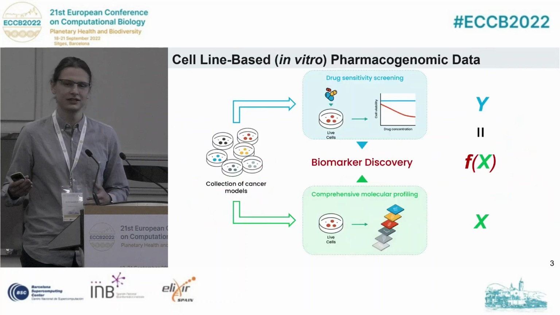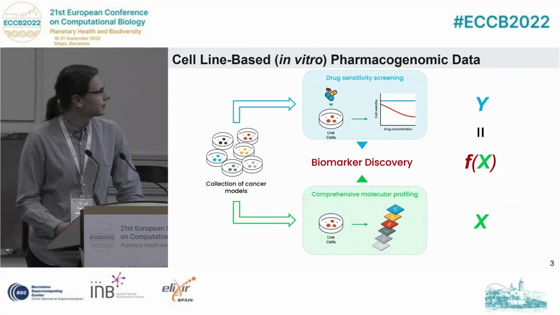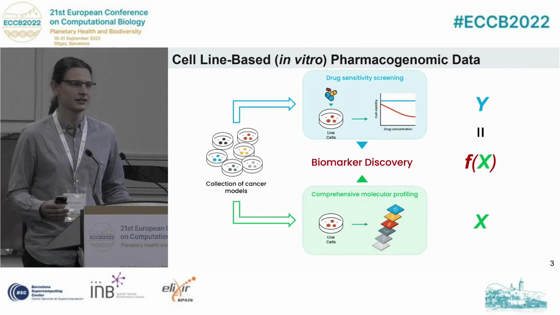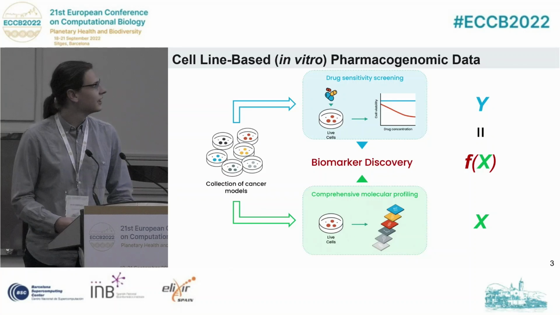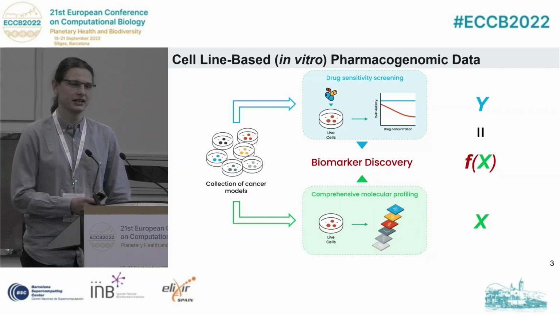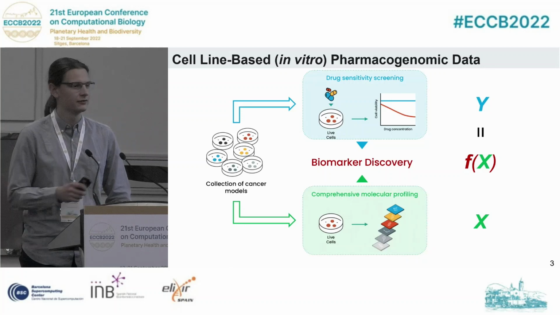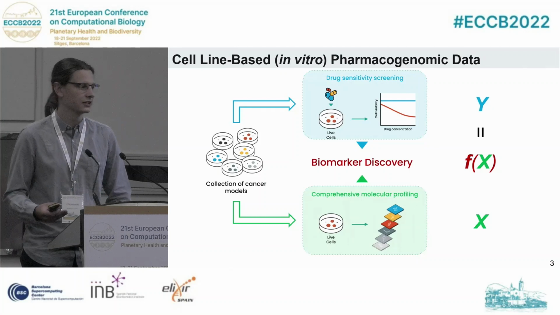So these were described in part by the keynote this morning, but the way that these data sets usually look is a large panel of cancer models, most often cancer cell lines because they're easier to work with, will undergo comprehensive molecular profiling together with a drug sensitivity screen. And in the drug sensitivity screen, each cell line is treated with a panel of drugs. For each drug, there's a set of concentrations to form a dose-response curve. And then we'll summarize these dose-response curves into values summarizing the sensitivity, like IC50s or area above the curve values,